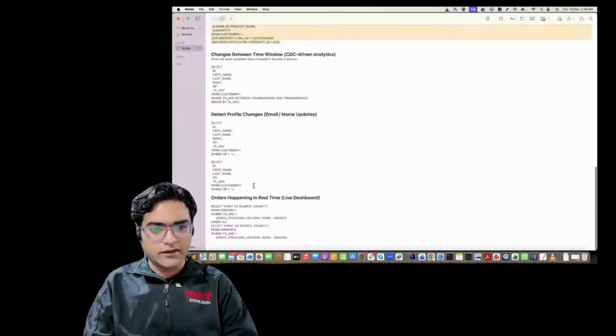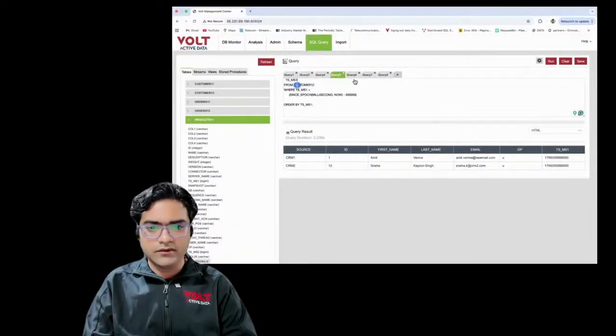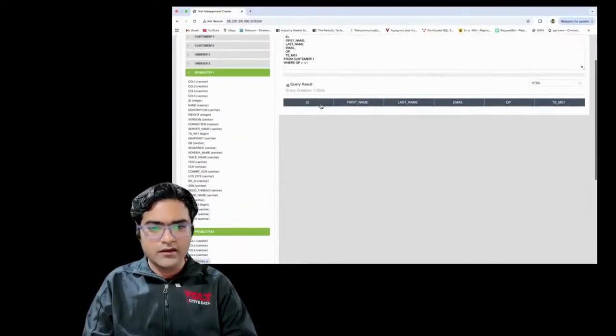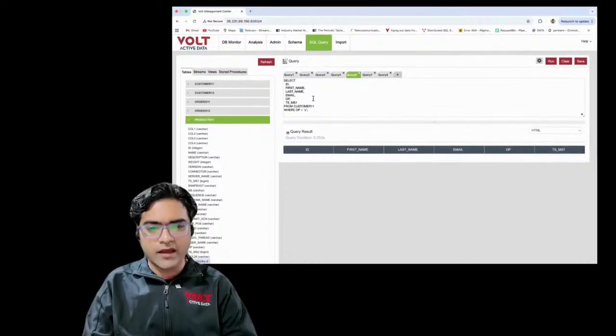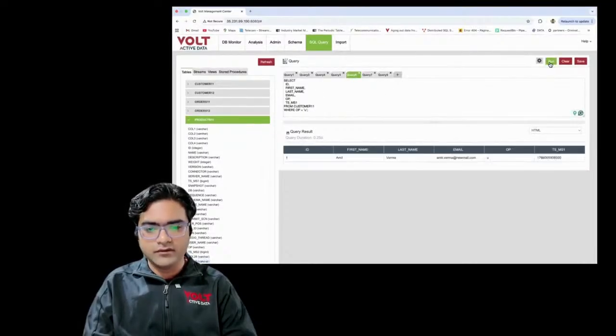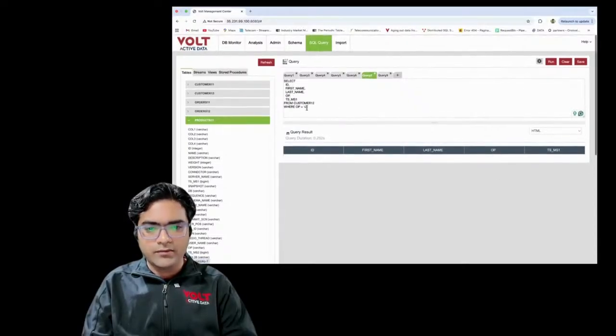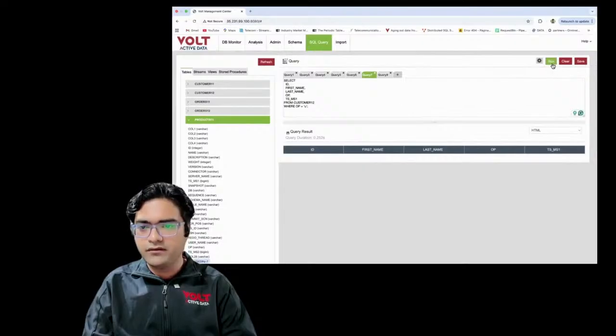Now moving ahead, let's also see some other queries. For example, let's move to this query and see what update operations happened on the customer 11 table. So we could see there's this operation that we did on the customers 11 table, which was an update operation for email ID. We can also look at what happened for the customer 12 table as an update operation,